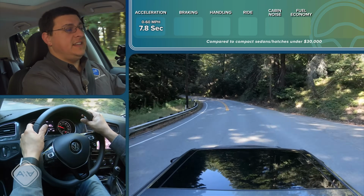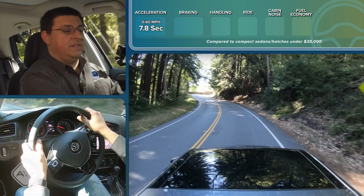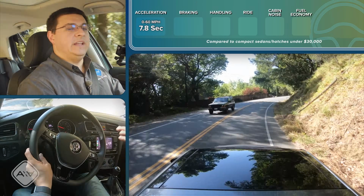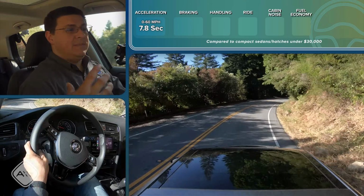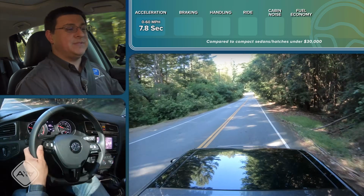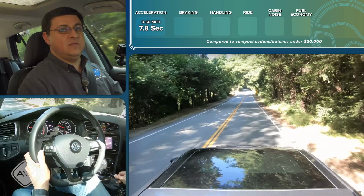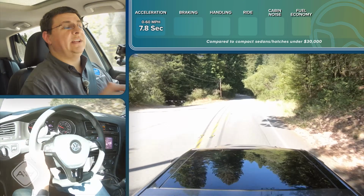In terms of 0 to 60 acceleration, that puts this ahead of the Toyota Corolla, but behind the turbocharged version of the Honda Civic. But unlike either of those options, this is going to have a real automatic transmission, not a continuously variable transmission, and that definitely is going to make the feel very different. This is certainly going to be more engaging whether we're talking about this absolutely excellent 6-speed manual or the excellent 8-speed automatic transmission, which is incidentally an Aisin automatic transmission and very closely related to what we see in the